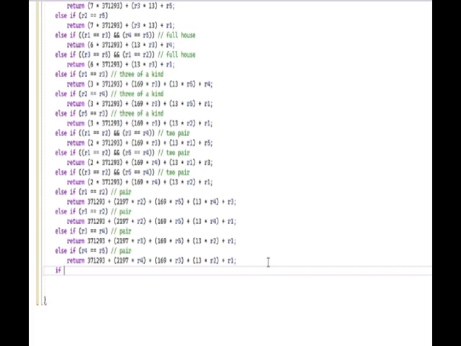So let's test for a straight. We already know there's no pair. We know that all 5 ranks are different if we got this far, because we tested for pairs and 3 of a kinds and 4 of a kinds. So one way we can have a